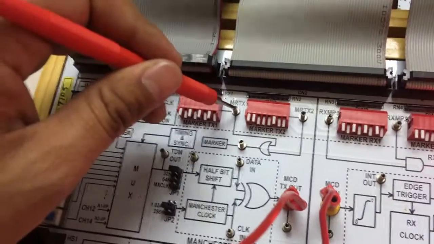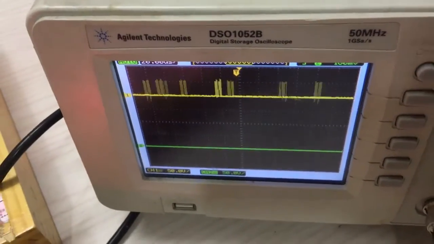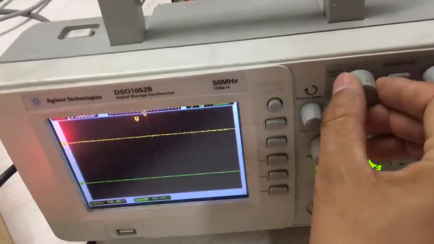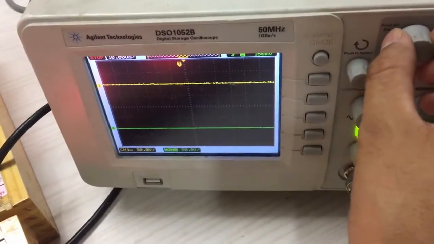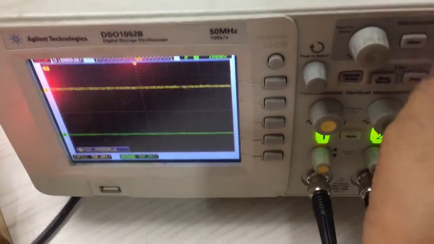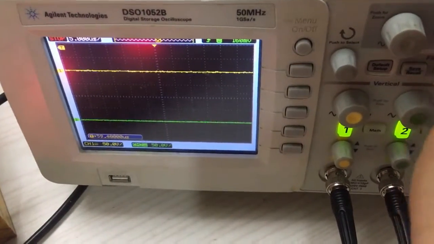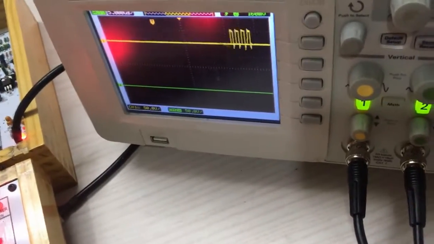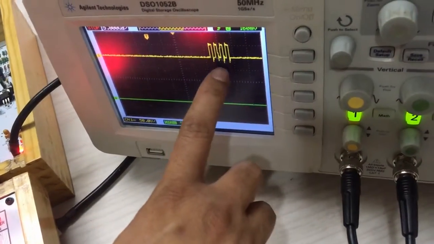let me show you output of markers. Just see on the screen. This is marker 1. You can see it over here. Just see, this is marker 1.